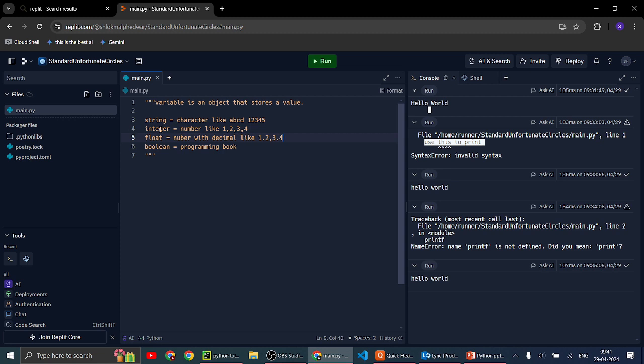So we can add an integer and a float because both contain numbers. And booleans are true and false. These are the types of variables.